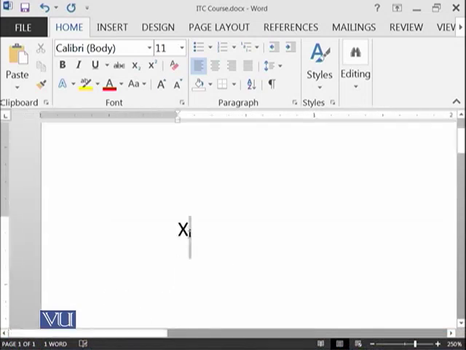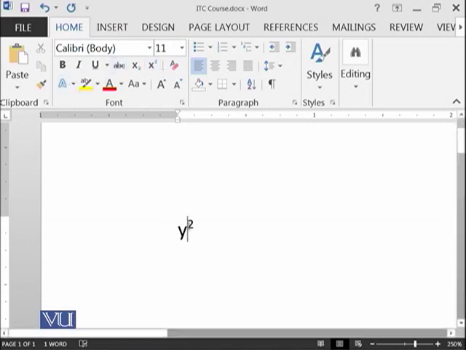And if you want to put it over, like X raised to power 2, put 2 over here, select it, and click on this button, that will become x raised to power 2, y raised to power 2, or whatever. So we have learned all of these things.